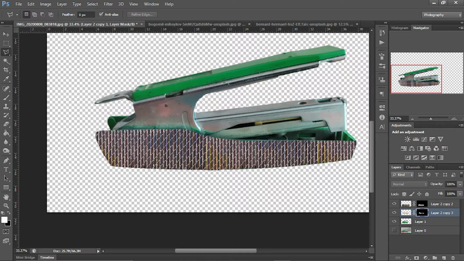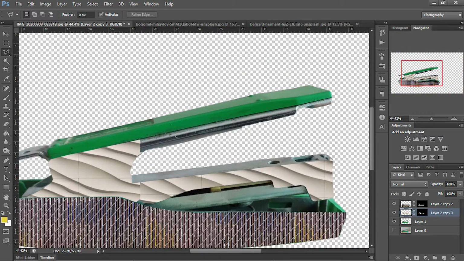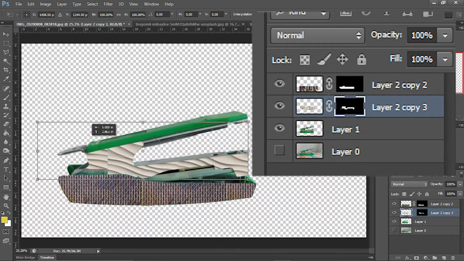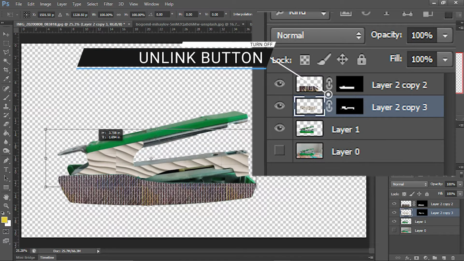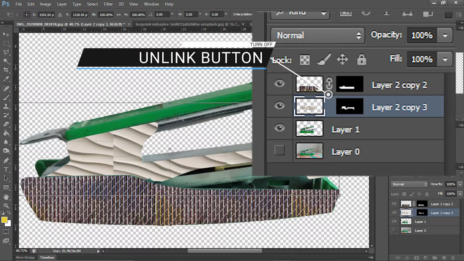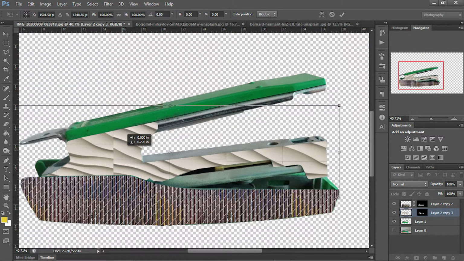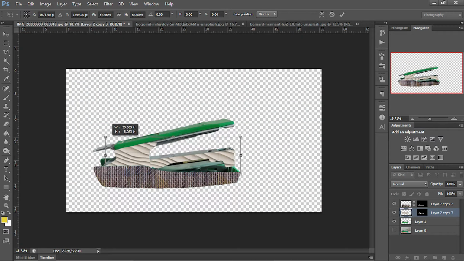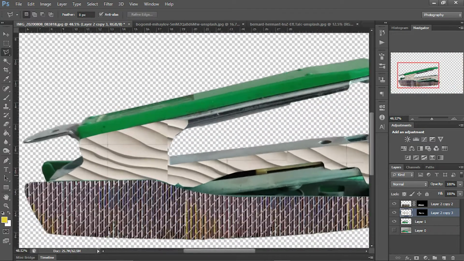After the selection, choose the material layer and add the layer mask. Here is the new thing to learn: how you can change the position or transform your texture after adding the layer mask. To do that, you have to unlink the layer mask from the texture. Now only the texture will move or transform, with no effect on the layer mask. Again, when you see the material is perfectly set, turn on the link between the material image and the layer mask.